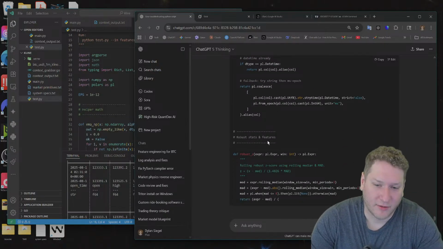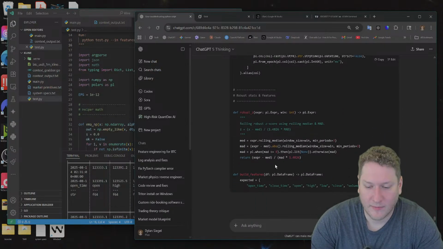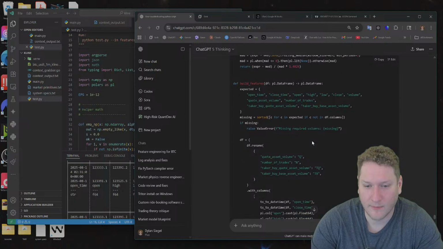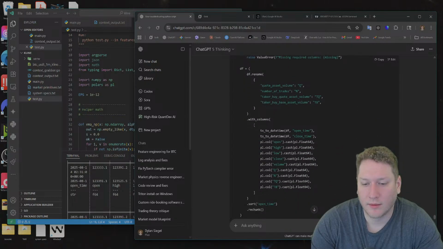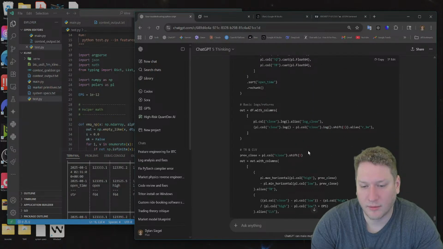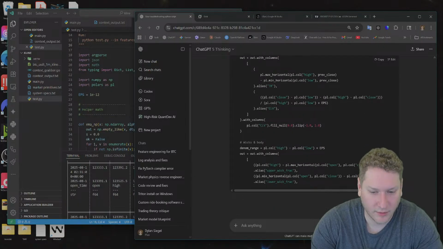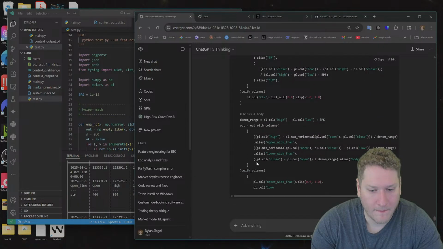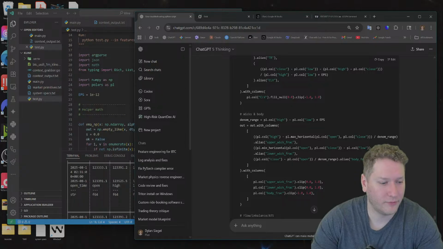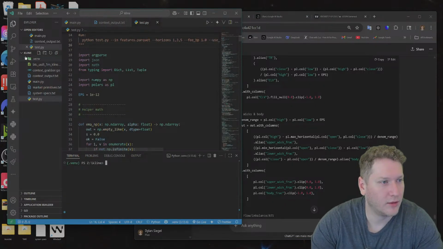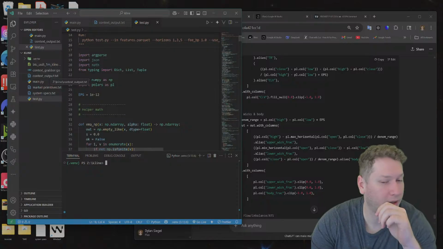Okay, robust stats and features. Okay, here's where each feature will be made. Rolling robust Z-score using rolling median and MAD. Okay. TR and CLV, wicks and body. Okay. Cool. We're getting it done.